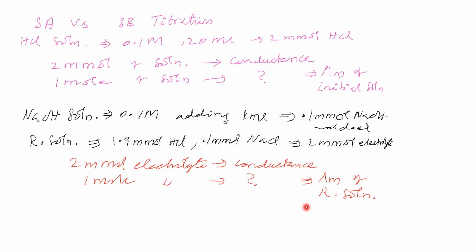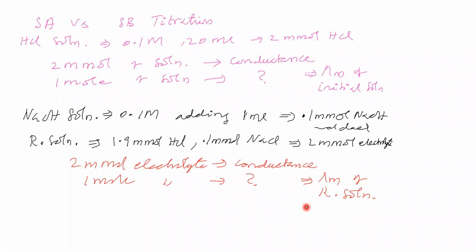Now, which one is having higher value, second solution or first solution? Okay, so you are saying that the first solution is having higher value, so the second solution is having lower value. That means shall we come to a conclusion on adding sodium hydroxide? Due to addition of sodium hydroxide, what happens to lambda m? If you go on adding sodium hydroxide solution into HCl solution continuously, what happens to lambda m?